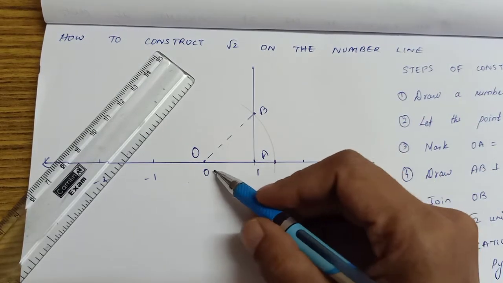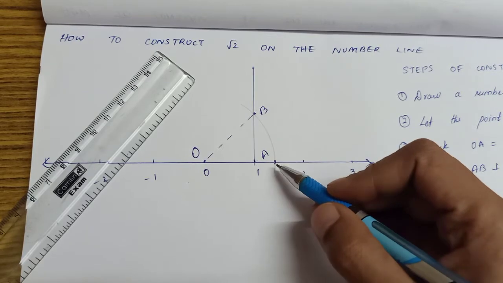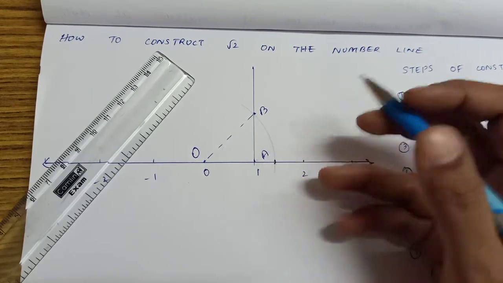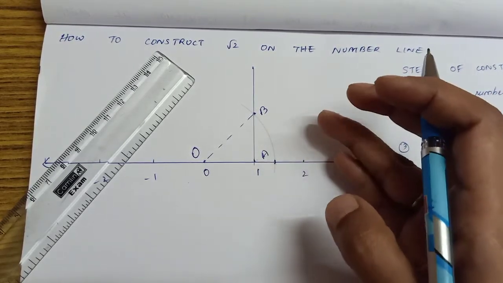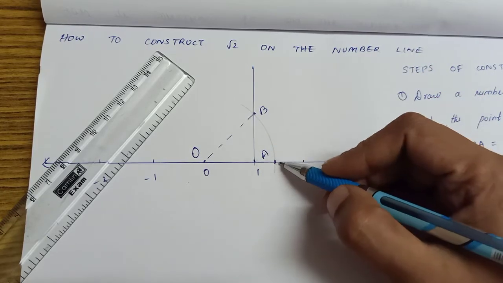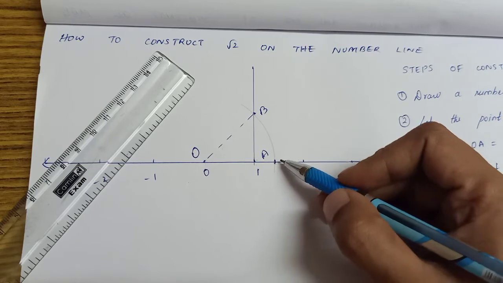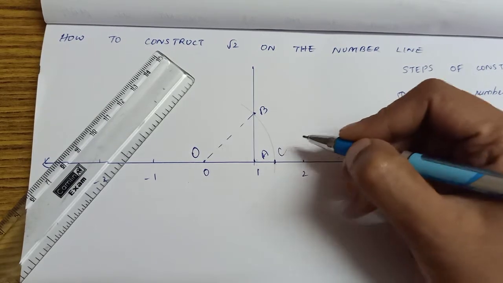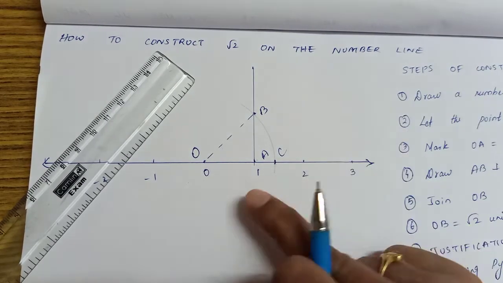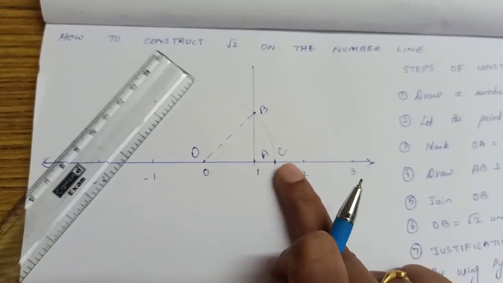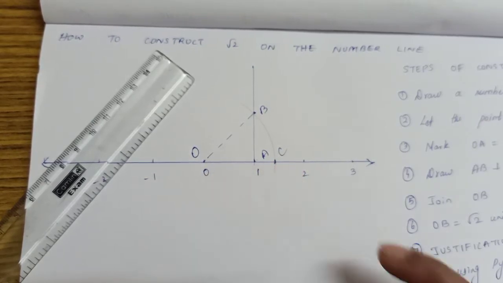So now here you are getting a point. Now if you measure it from here to here, it will give you 1.414, at least 1.4. It will lie between 1.4 and 1.5. 1.5 means you should get exactly in the middle. This is slightly less than that, so this should be correct. This point I am marking as C and I am going to call it OC. OC is equal to square root of 2.